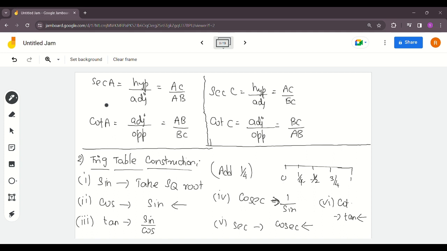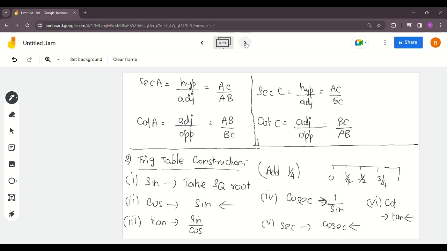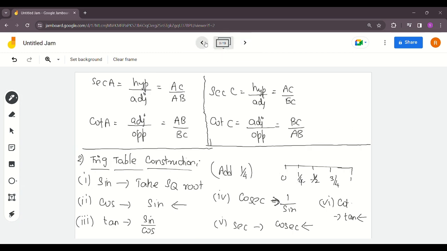And cot A is nothing but the reciprocal of tan. It is in fact adjacent divided by opposite. So it is AB by BC. Cot is nothing but AB divided by BC. Okay, now